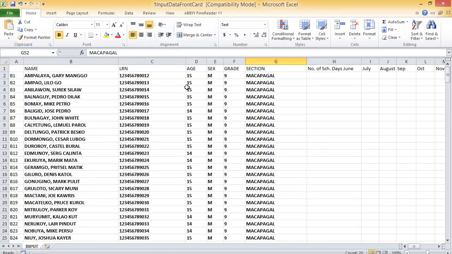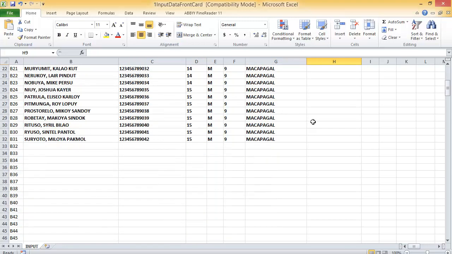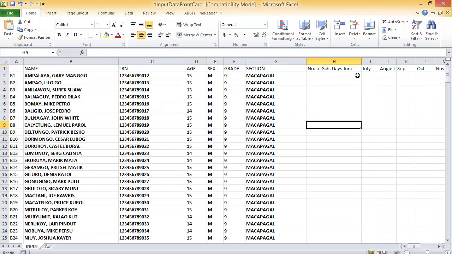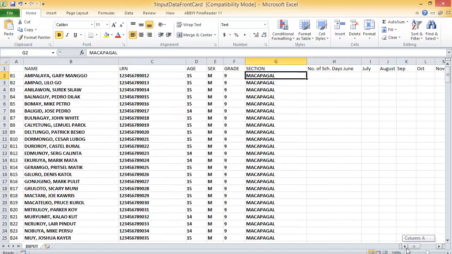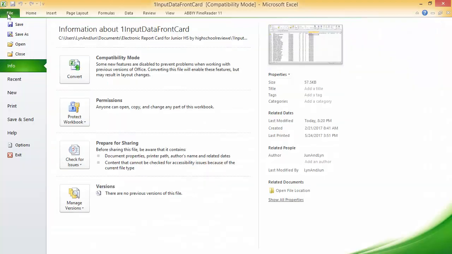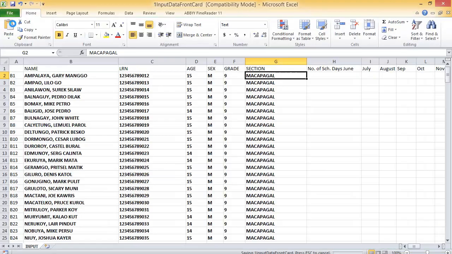So since we have completed our name, our LRN, age, sex, grade, and section, you can now save this. Okay, do not mind this first. Okay, so we can now save this file. Click file, click save. Okay, once this is saved, you can now close this one,